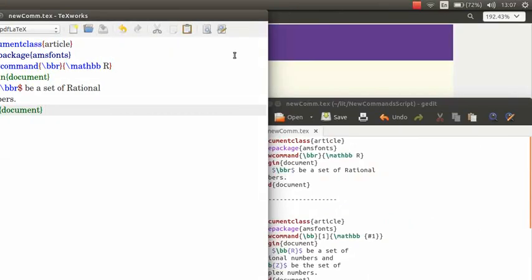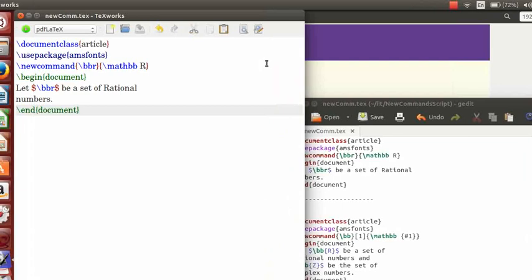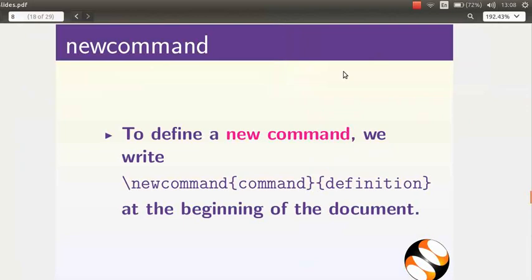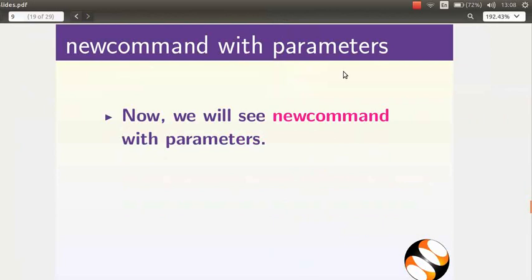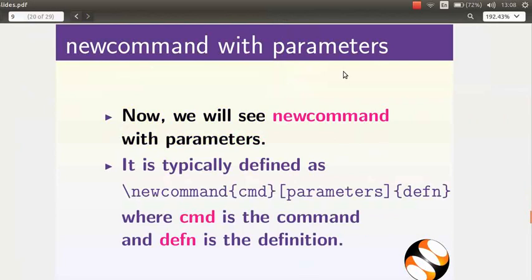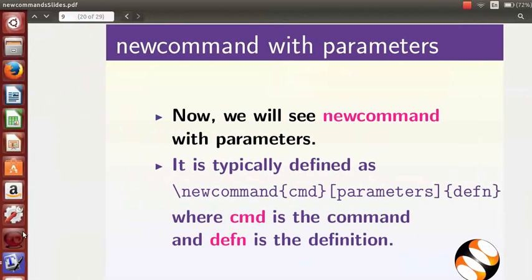Now we will see new command with parameters. It is typically defined as \newcommand, command within curly braces, parameters in square brackets, definition within curly braces. Let us open a new file in TeXworks.